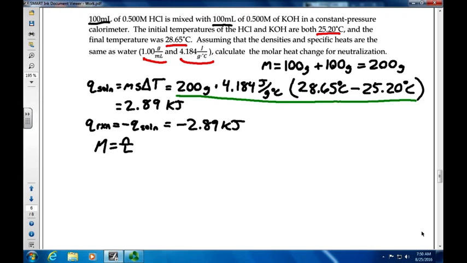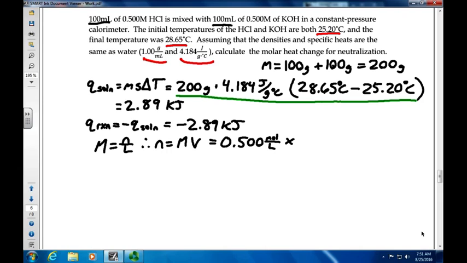And therefore, moles are equal to molarity times volume in liters. So we're going to just put a V there. So that equals 0.500 molar, or moles per liter, times the ultimate liters, which we have been given in the form of 100 milliliters and 100 milliliters,